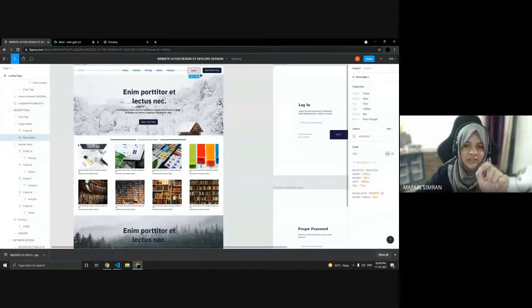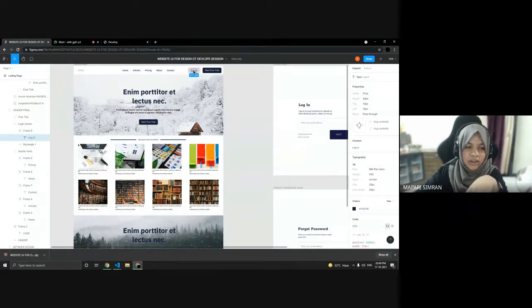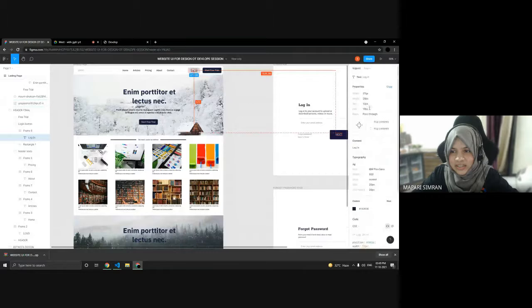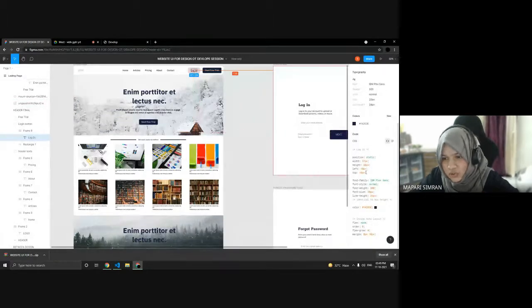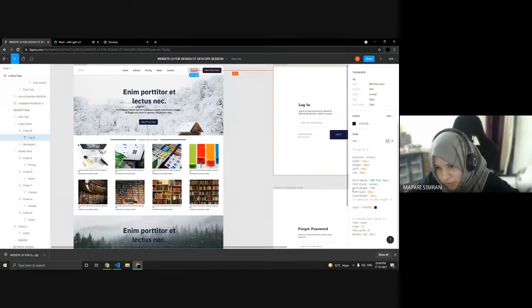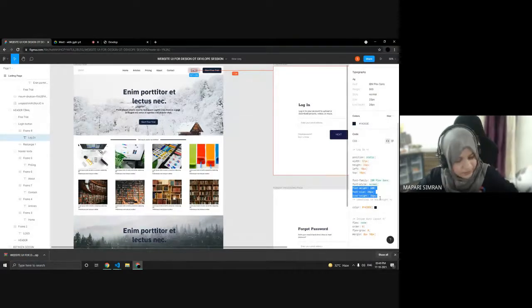Now inside that we also have some text, that is login. So click on that as well, and you will get the CSS styling for that here in the inspect section in Figma. Okay, so you can see it's given here: font style, font weight. So let's copy this font weight, font size, line height, and color.